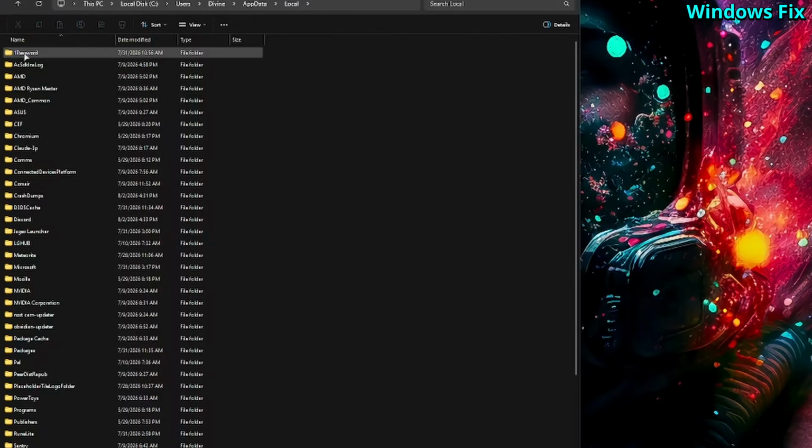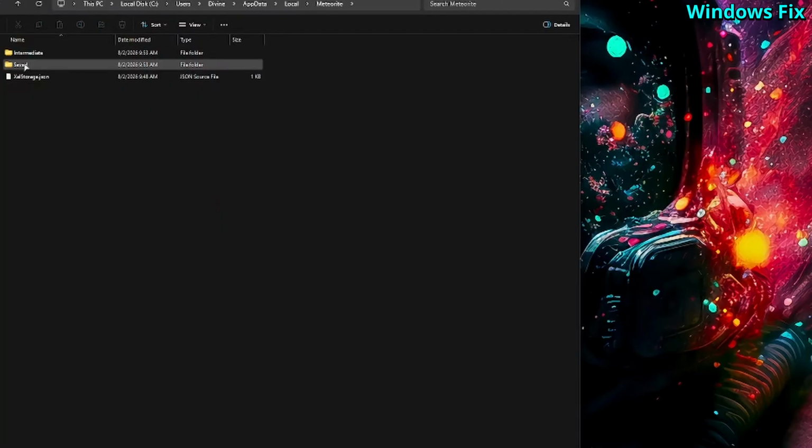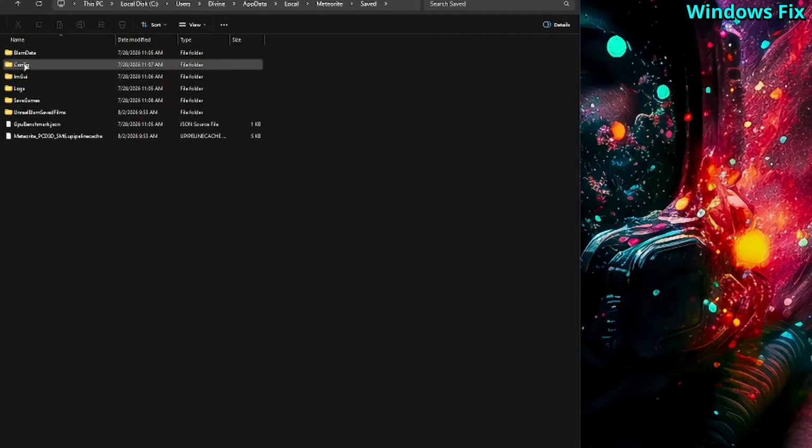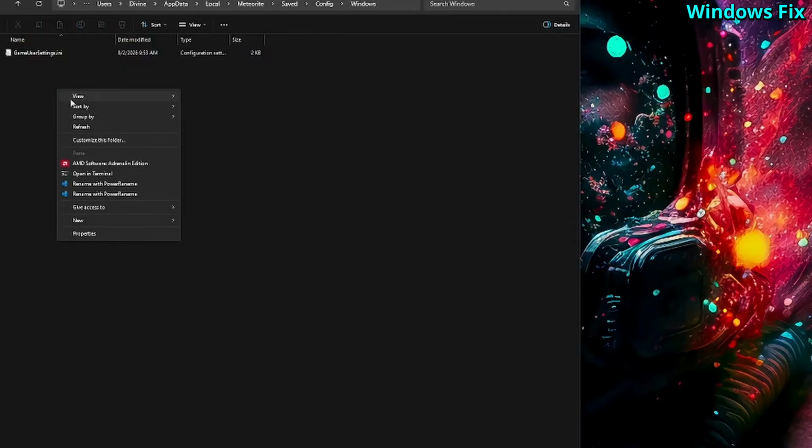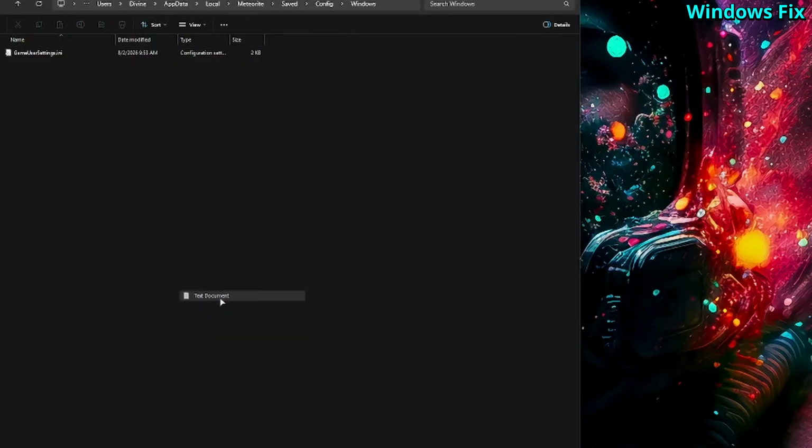Once in the AppData area, you're simply going to double click on Local. Then we're going to go ahead and find Meteorite. Then double click on Saved. We'll go ahead and find Config. And lastly, we're going to double click on Windows. Now you'll definitely know you're in the right area as soon as you open up. You should only see one .ini file in here called Game User Settings. If you see that, then you are in the correct area,